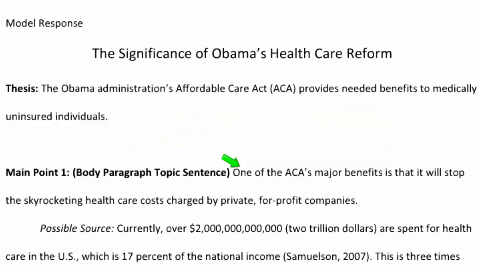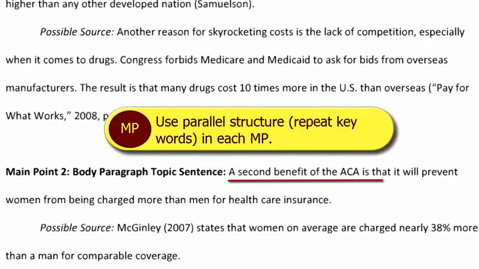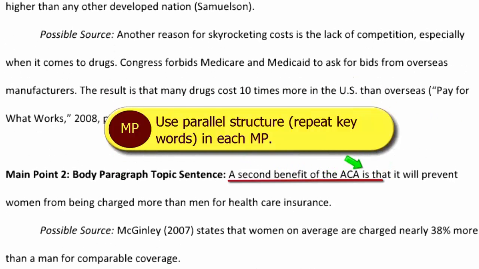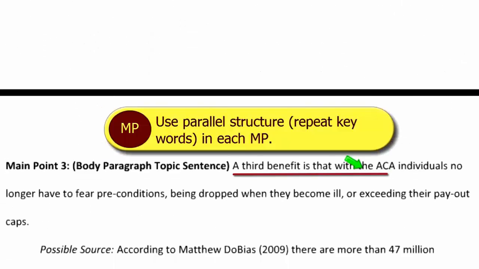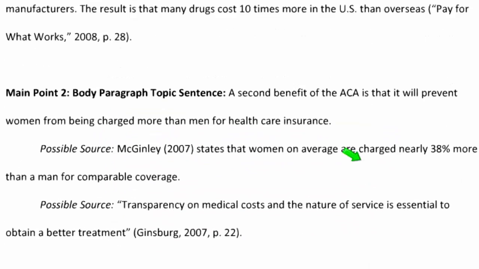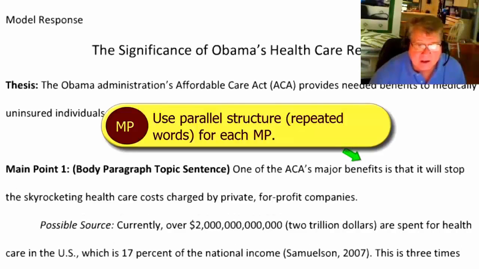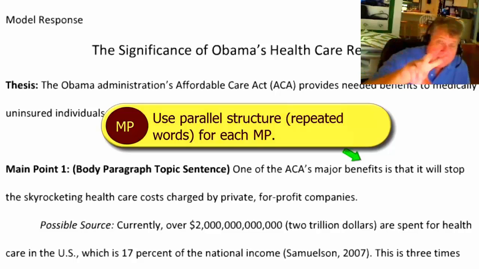The second thing I want you to notice about the topic sentences is that they all use parallel structure. The same structure, that's what parallel means, at the beginning of each topic sentence. For example, we have one of the ACA's major benefits is, main point number 2, a second benefit of the ACA is, main point number 3, a third benefit of the ACA is. So they're pretty much using the same words. Benefit, ACA, following that parallel structure,